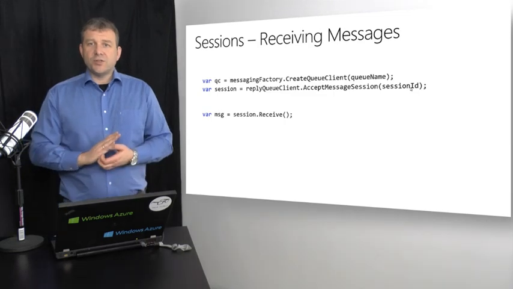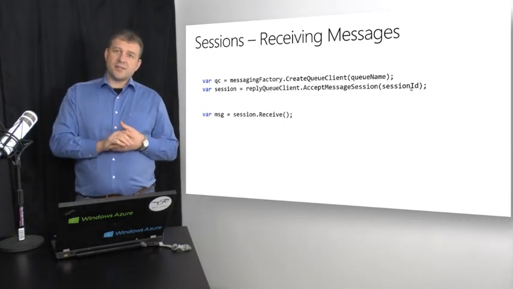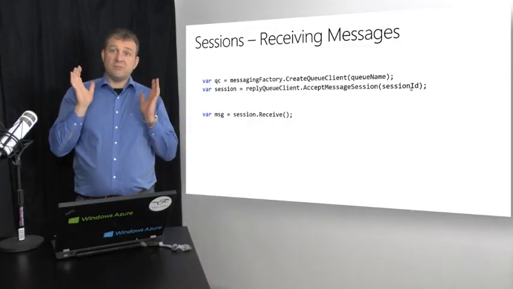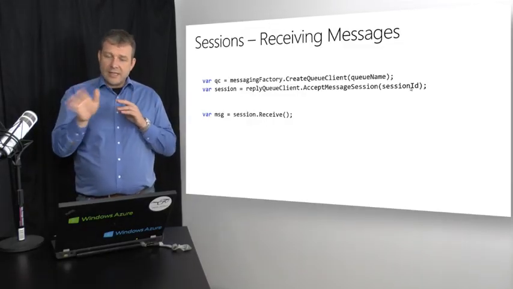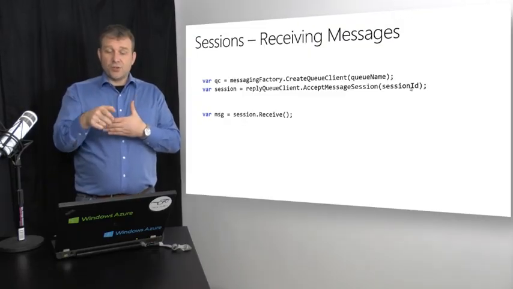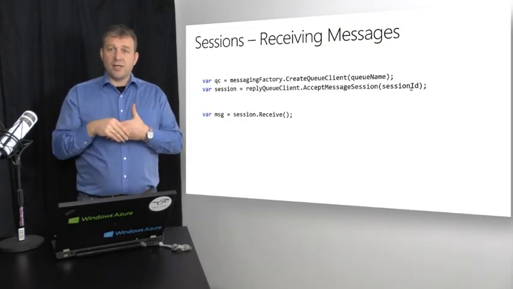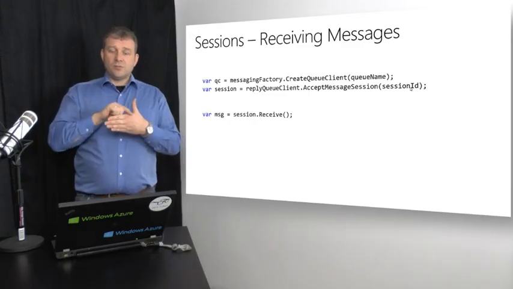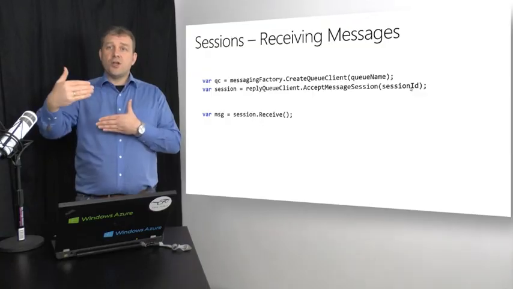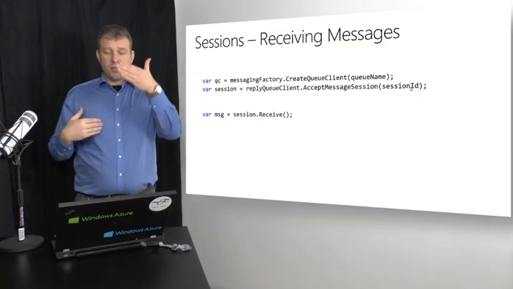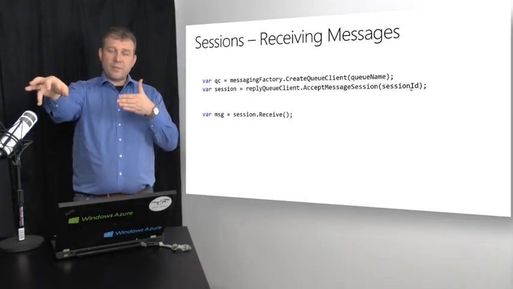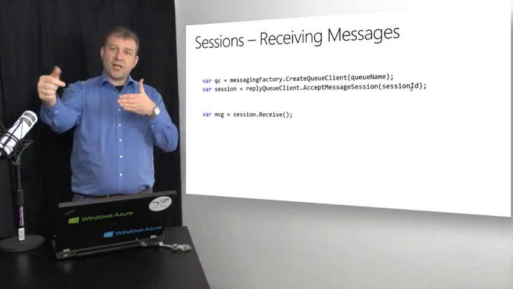So you would send out a message to a backend process that says, reply to session ID with that session ID, a number that you make up, make it good, and send that. And immediately thereafter, actually, before you even send that message, you say, accept message session with that session ID. And that can be a shared queue, and that queue can actually be shared across a number of backend nodes. So you say accept message session, you send your job off, backend processes,